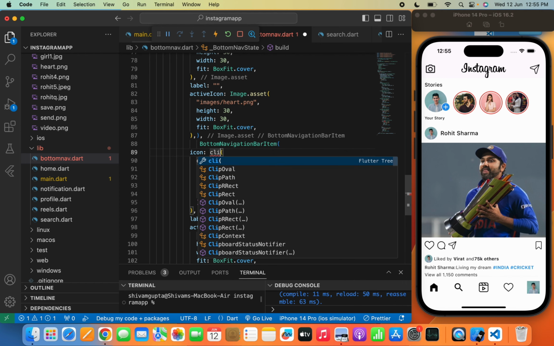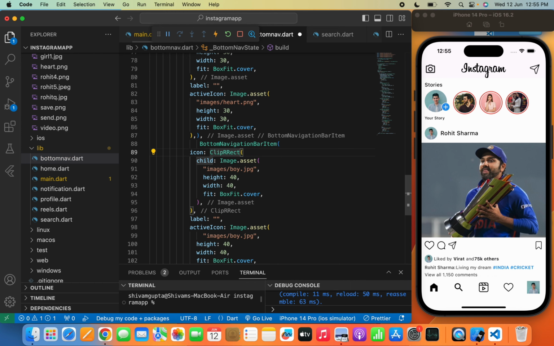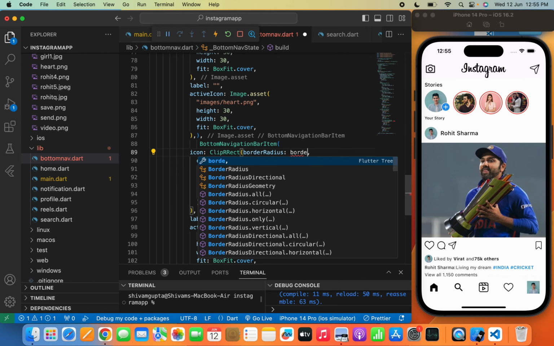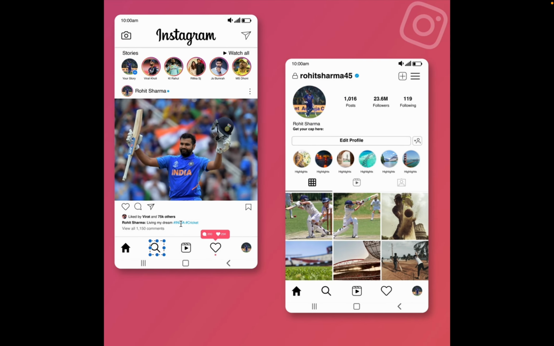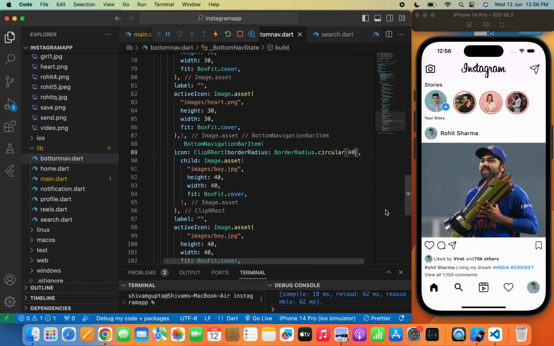So we'll wrap it with a ClipRRect widget. We'll write BorderRadius.circular, maybe 40. So here it is done, and we have successfully made a clone of the Instagram app. We have just tried to make the UI of our home page, and I think it looks maybe 95% exact, and you can say there's a 5% difference, but I have tried my best to make it a clone of what